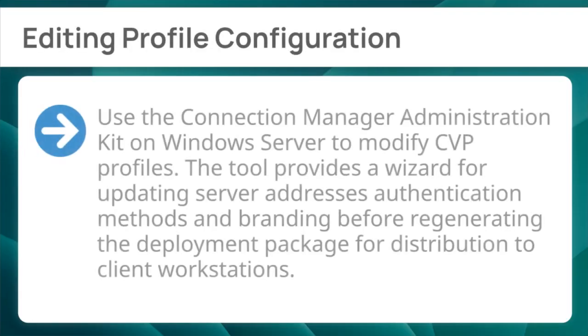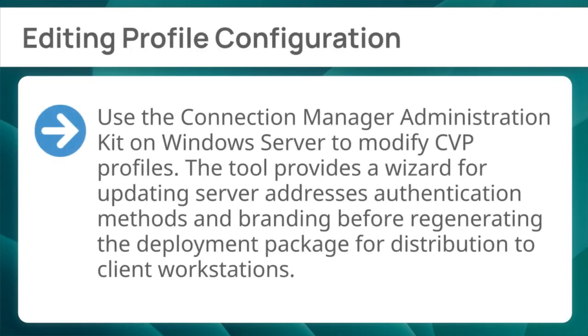Finally, editing profile configuration. Use the Connection Manager Administration Kit on Windows Server to modify CVP profiles. The tool provides a wizard for updating server addresses, authentication methods, and branding, before regenerating the deployment package for distribution